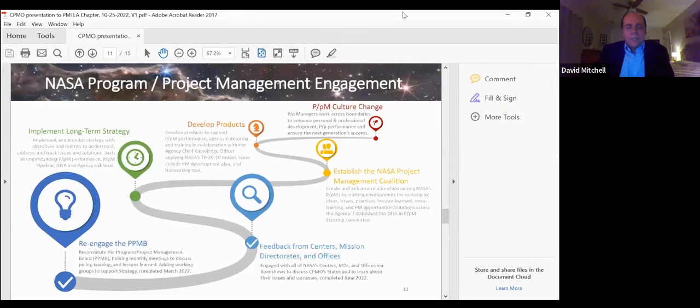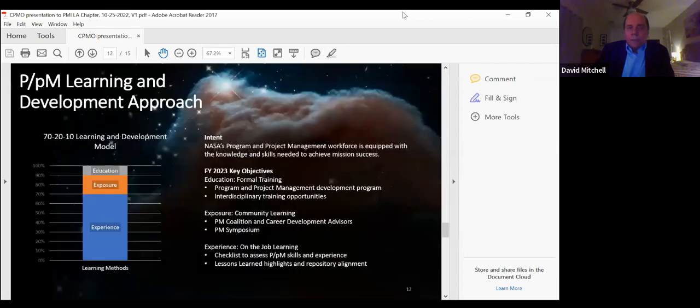So I should paint this a yellow brick road, but this is our little road to evolving the program and project management culture. And there's a number of things we've been doing that are listed here. I won't get into the details here, but importantly, the next chart gets to some of the work we're doing with the Chief Knowledge Officer,